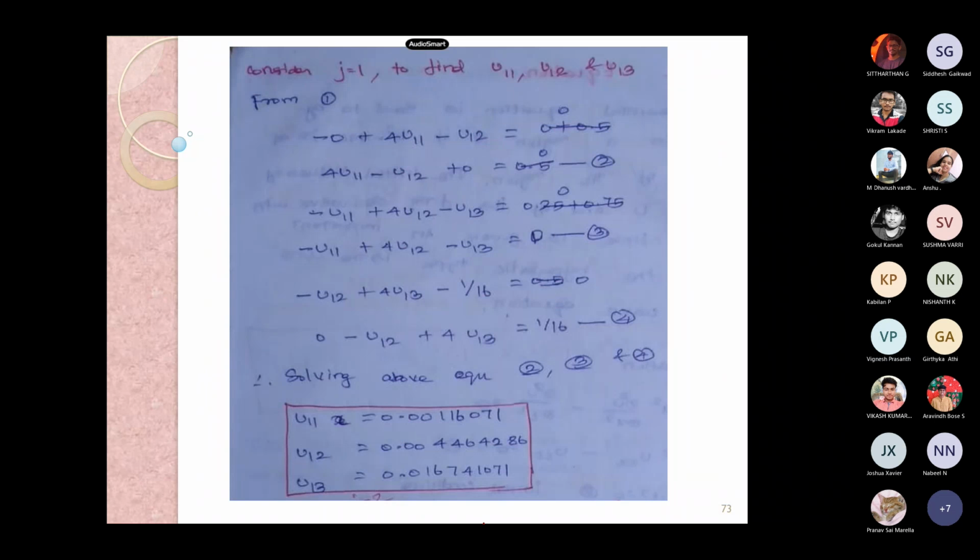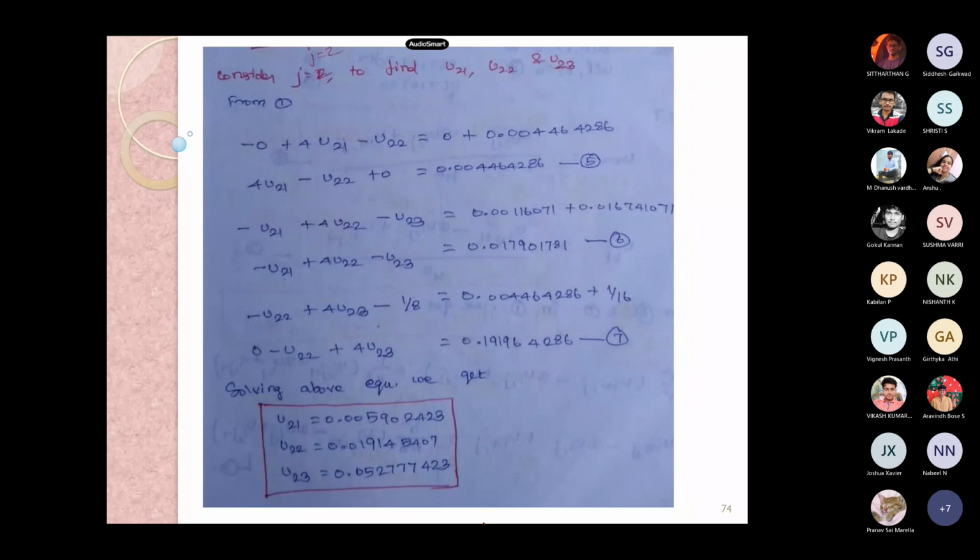Very good, Vignesh. Yes, these are the equations detailed by Vignesh. We need to do a simple calculation on the RHS. Here there won't be any further calculation. Here we need to accumulate these two, and similarly, we need to join these two. Then what is u21? What is u22? What is u23?